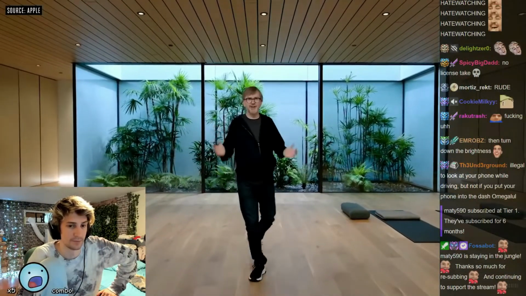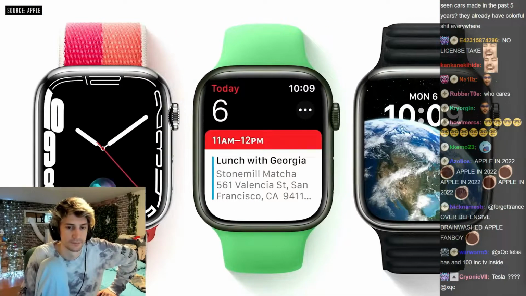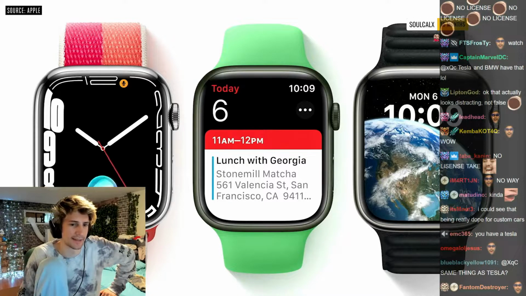Let's talk about watchOS. We're adding 4 new watch faces for you to choose from. watchOS 9 also introduces a refreshed